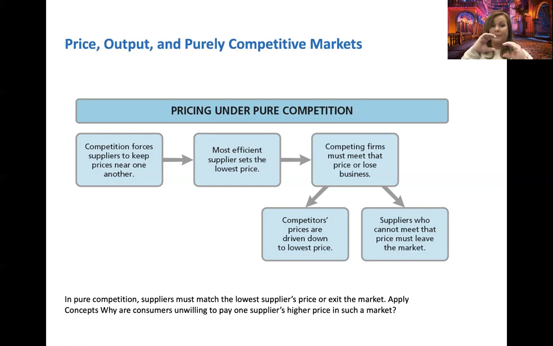Where this guy's right here. Well, let's put it here. So this competing firm's not going to get any business unless they lower their price down here to the other company. People are going to say, no, I'm not going there. You can get it cheaper at so-and-so, at Walmart. So then what's going to happen when that one company has to lower down to here and they're not making much profit? They've got two choices. They can try to get their expenses lower to make profit, or they may say, you know what? I don't want to sell that anymore. I'm not making any money.